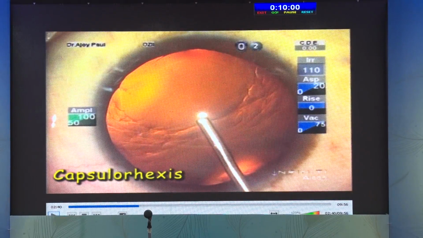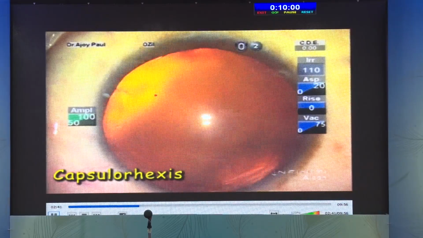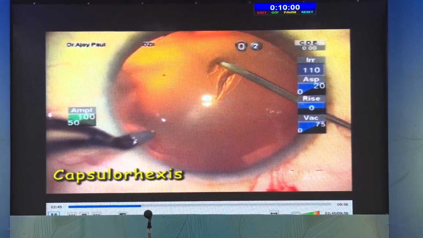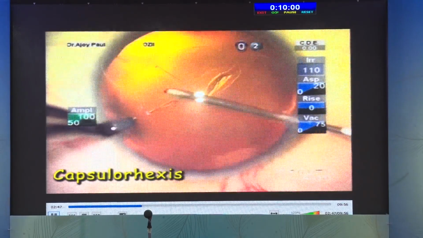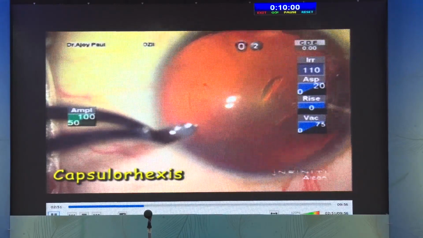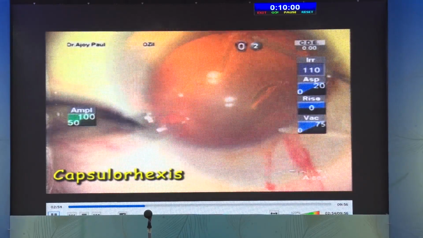Let's come to the surgery proper. This is a high myopic patient where the axial length is around 28.5 and we are putting around -3 diopter of lens. Now look at this patient. Very important that you have the capsular rhexis right in the center. Remember, this is a clear lens. The rhexis should be as central as possible and round, around 5 to 5.5 millimeter.